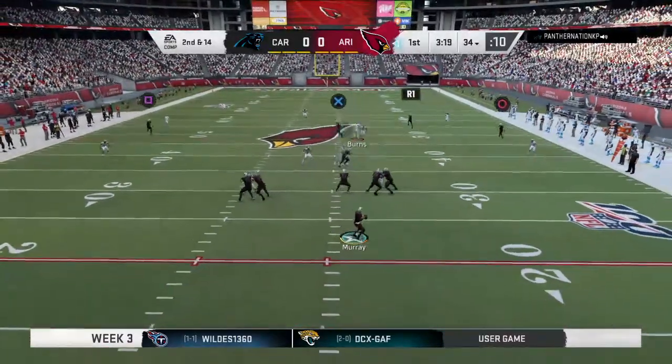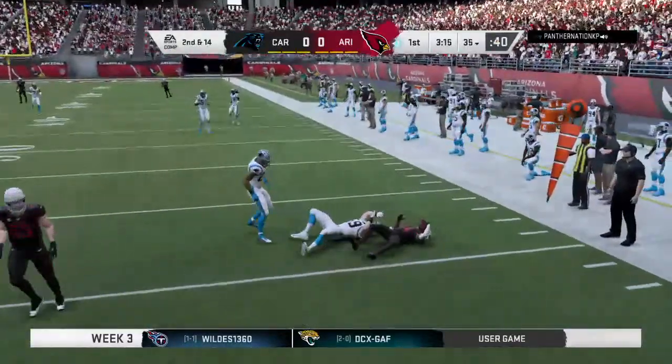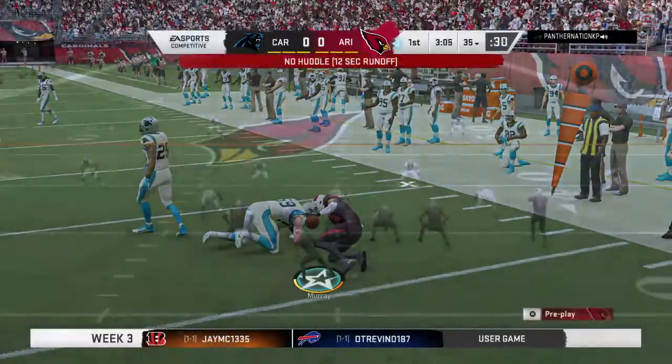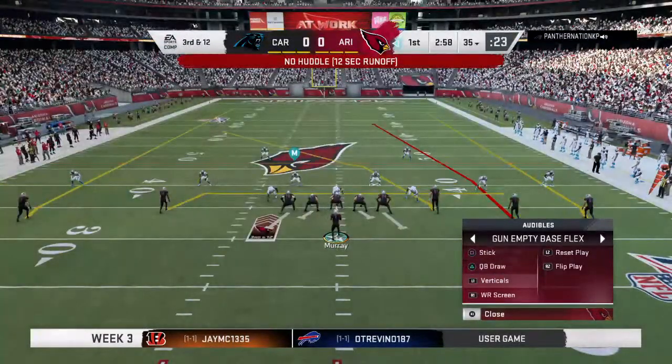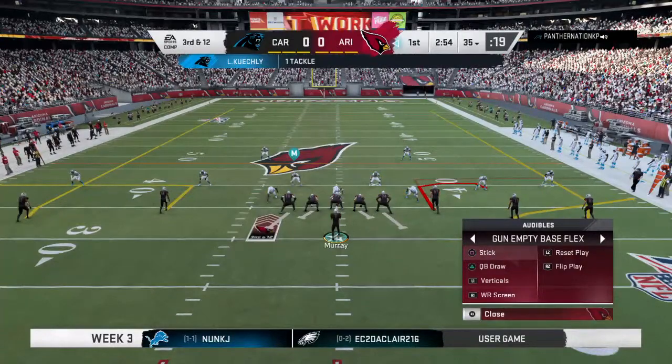2nd down, Murray sets to throw. Throw caught here by Bird. That throw good for only a couple. It brings up 3rd down. That's a gain of 2. Brings up 3rd and